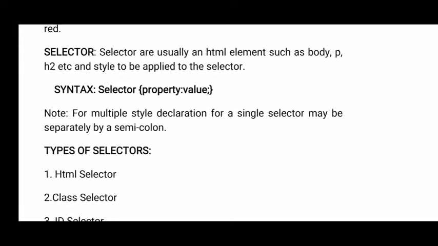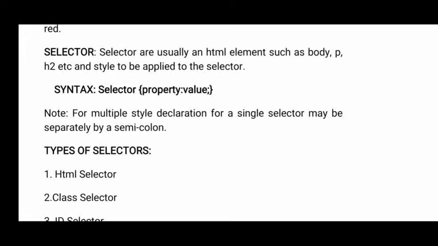Okay, once you see the syntax, selector, property, it's very, very important. And when you are writing this code, try to remember two things. One is this, whatever styles you are giving consist of two parts. One is a selector and the second one is a property and value.